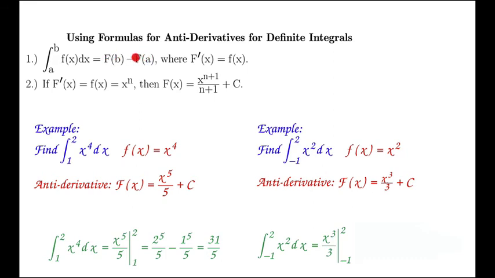That's going to give us capital F of b minus capital F of a. So capital F of b is 2 cubed over 3, if we just use the x cubed over 3. Capital F of a is minus 1 cubed over 3. And then we just simplify this expression, and we end up with 9 over 3, which is, of course, equal to 3. So this is a way we can use antiderivatives in conjunction with the fundamental theorem of calculus to help us